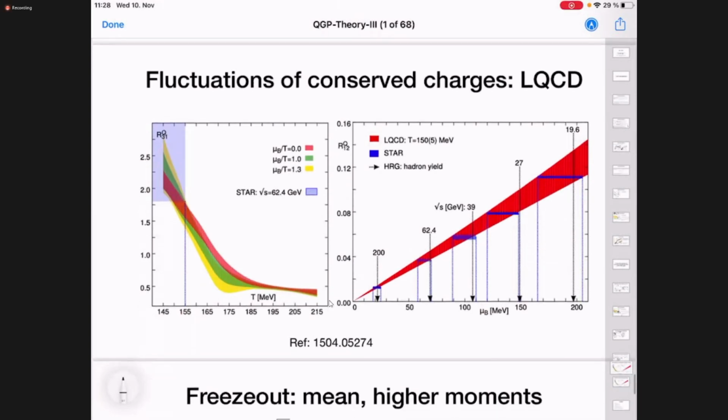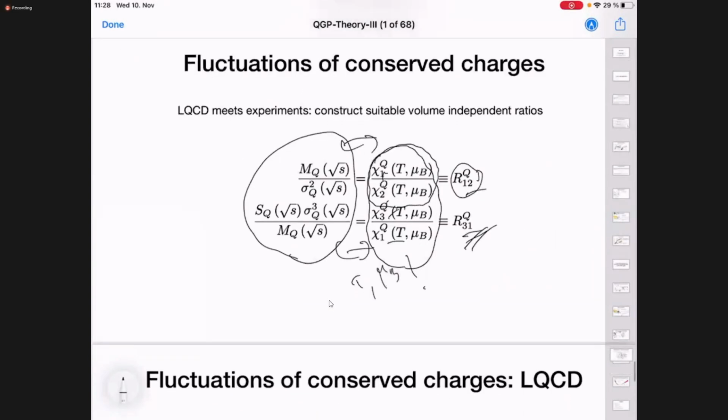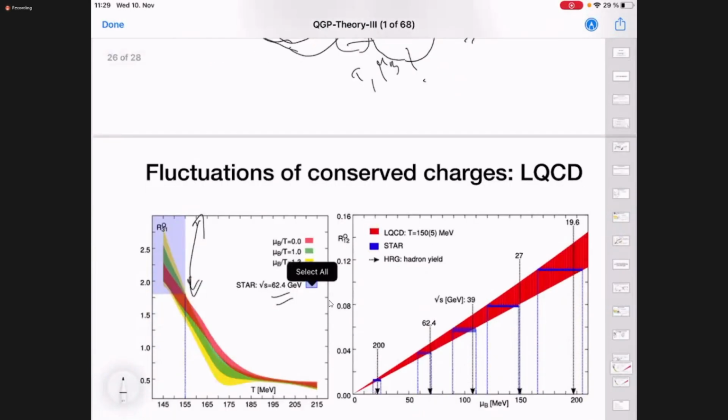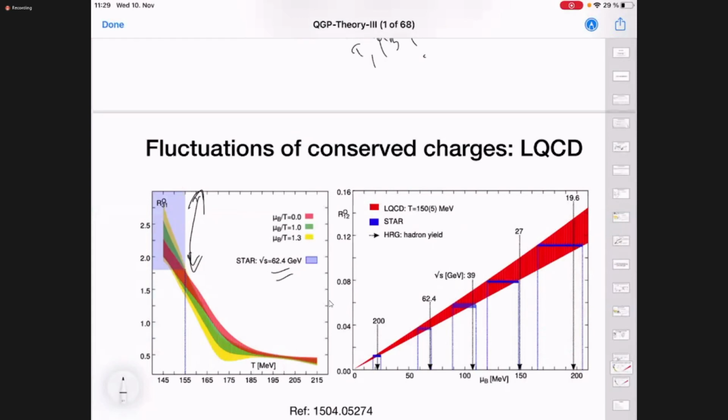So this program has begun and so far has been quite successful. For example, this is a plot for 62.4 GeV. On the left hand side you see the STAR measurement of RQ31. That means this is what you have measured. Right now there is a bit of a large error bar. And from the lattice point of view, these are the lattice calculations, done with varying temperature